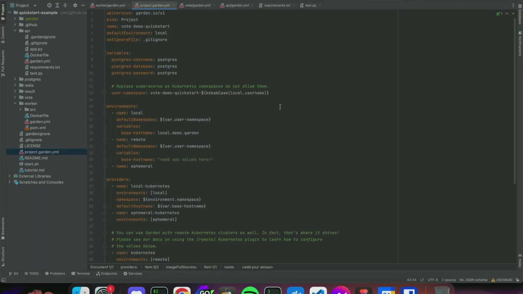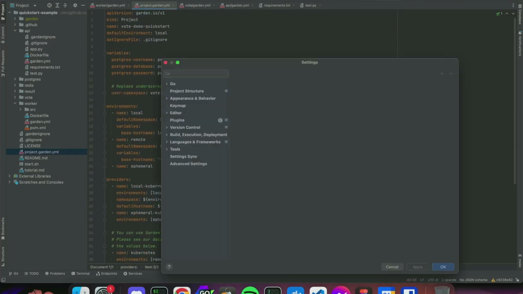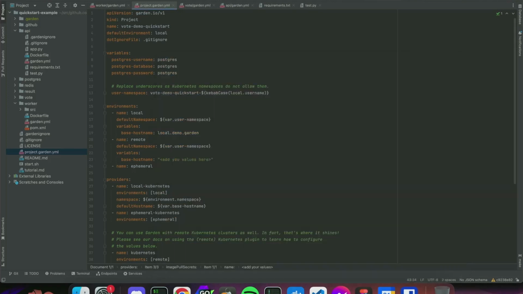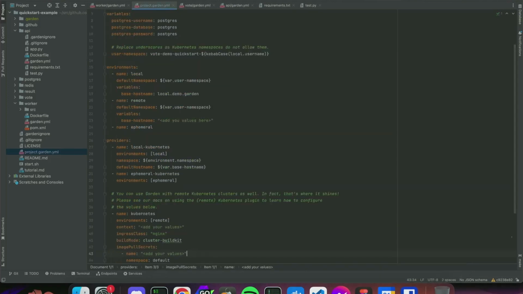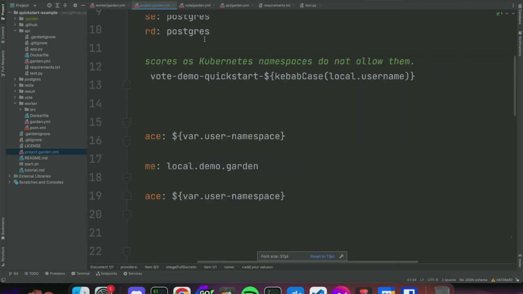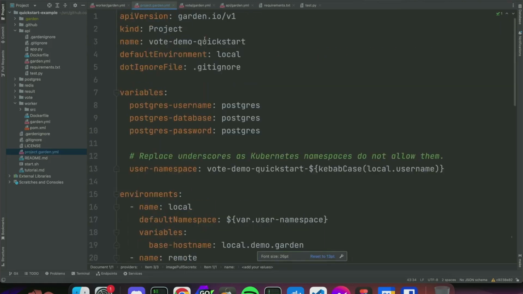If I remember how to zoom, I always forget the, no, not that one. Yeah, so